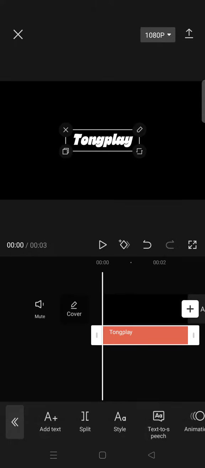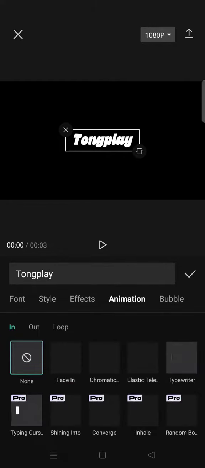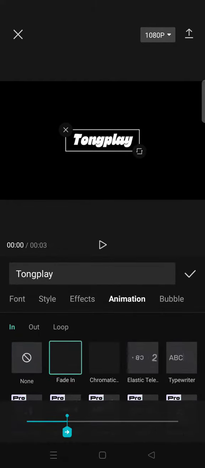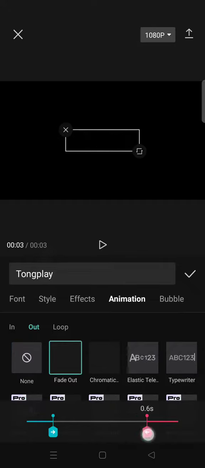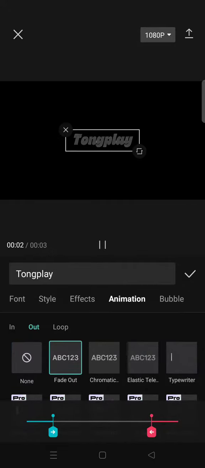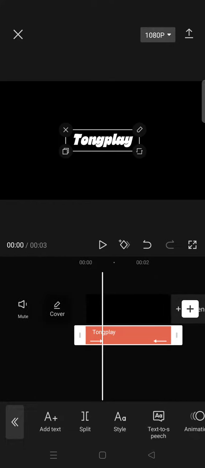Click on a check icon and now go to animation in and select fade in for 0.5 seconds and click on out, and now add some fade out also for 0.5 seconds. Click on a check icon and now copy the text